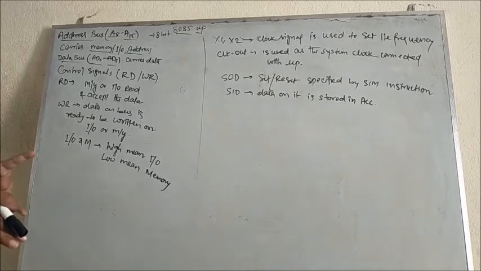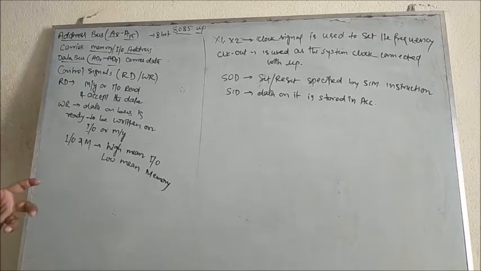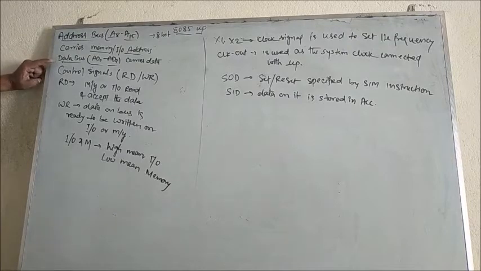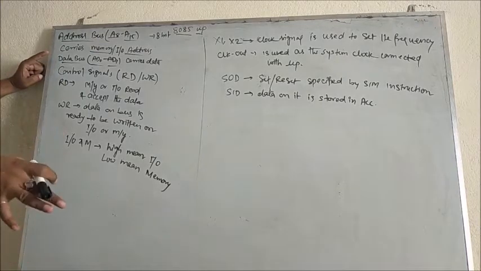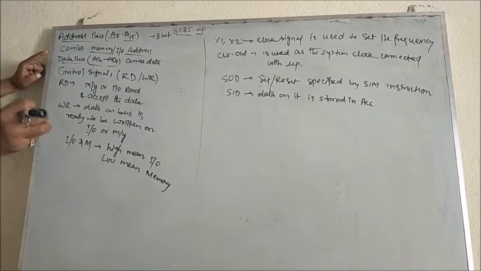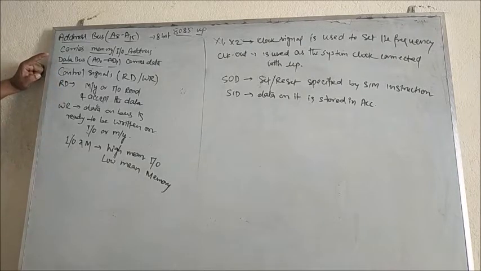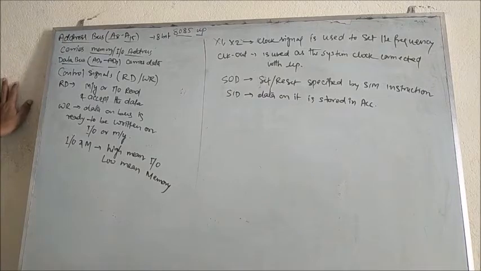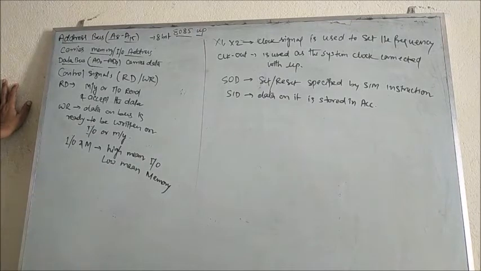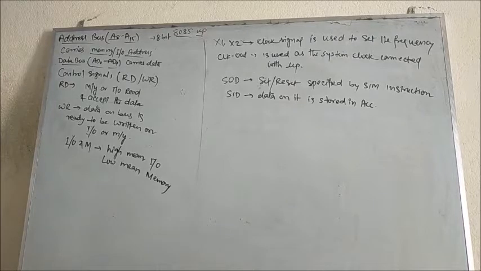So not only are the addresses given to the main memory, addresses are also given to the IO, right? So if the data bus is connected with the microprocessor, the data which is present either on memory or on the local memory of an IO device, the data bus is responsible to carry all the data from memory or from IO, right?